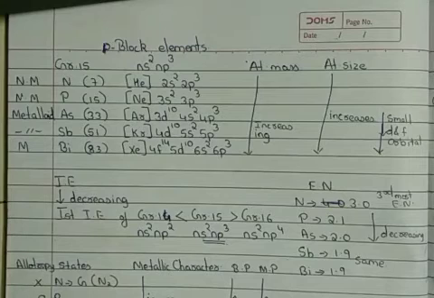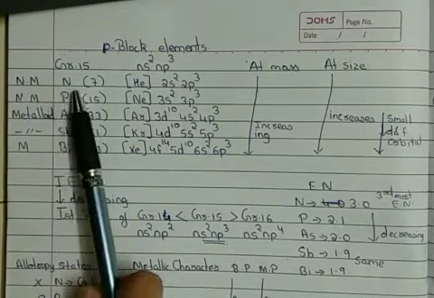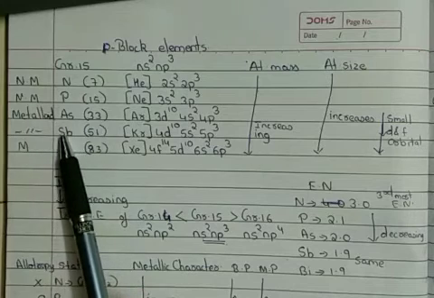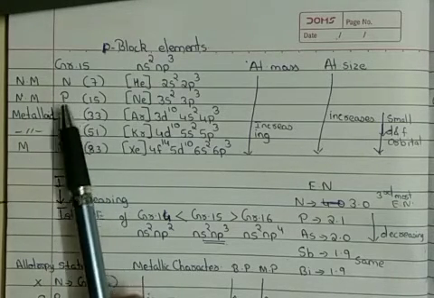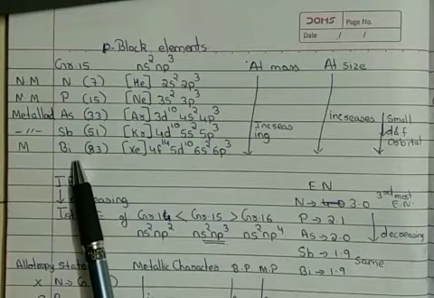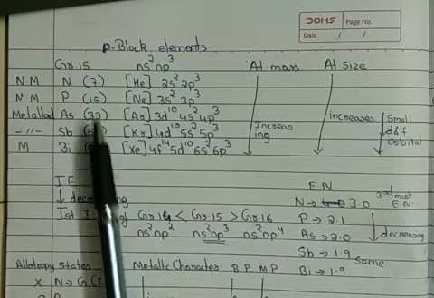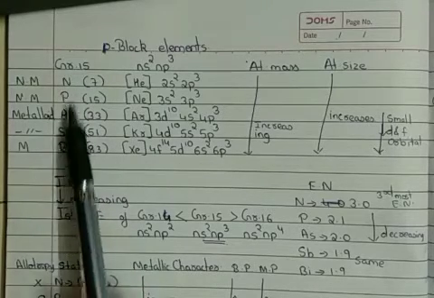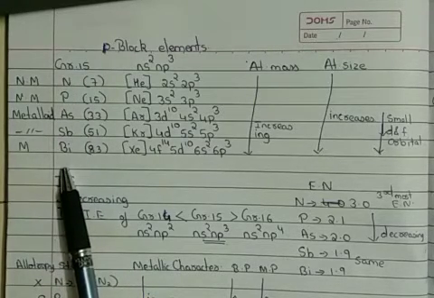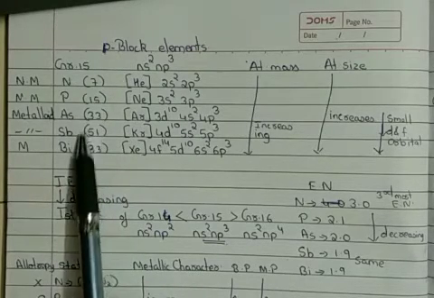Let me first introduce you to the elements present in group 15, that is nitrogen, phosphorus, arsenic, antimony and bismuth. I repeat again, nitrogen, phosphorus, arsenic, antimony and bismuth. In the brackets I have written their atomic number. This is the very basic requirement which we need to know for P block elements, their respective group members with their atomic numbers. How to remember the atomic numbers?